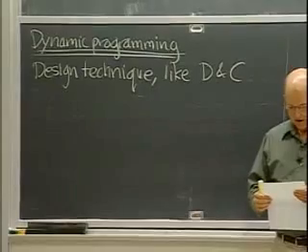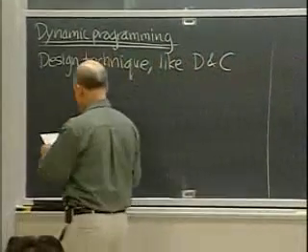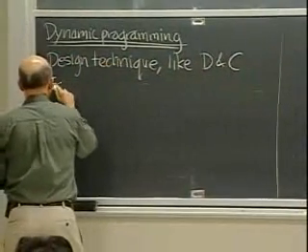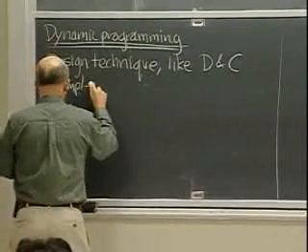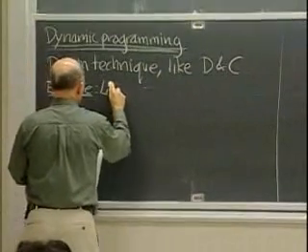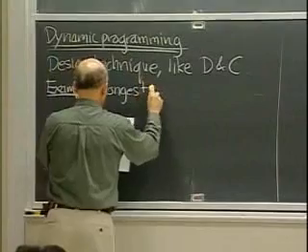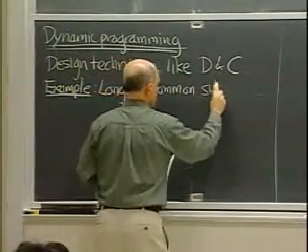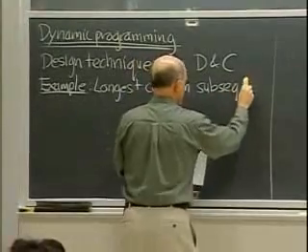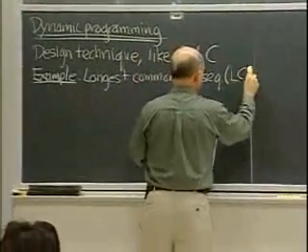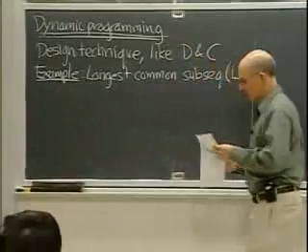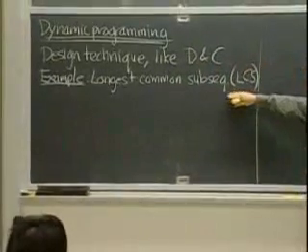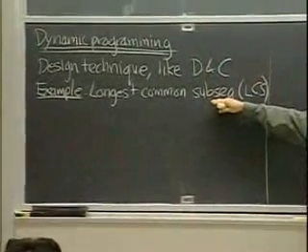So we're going to work through this for the example of the so-called longest common subsequence problem, sometimes called LCS, which is a problem that comes up in a variety of contexts, and it's